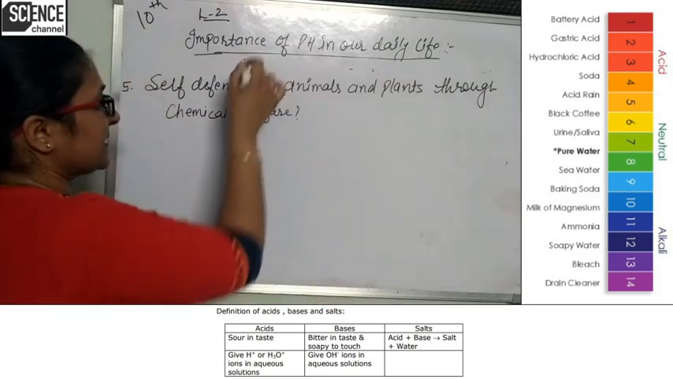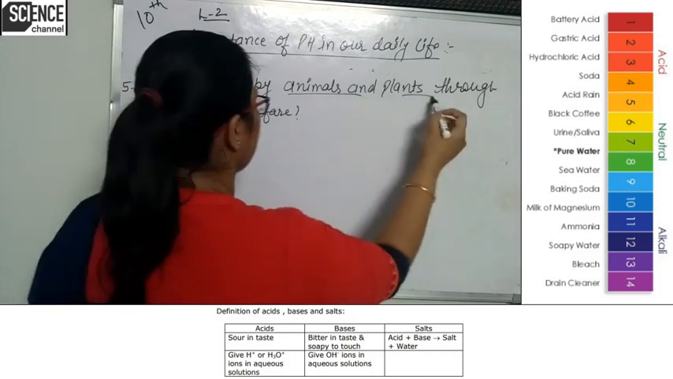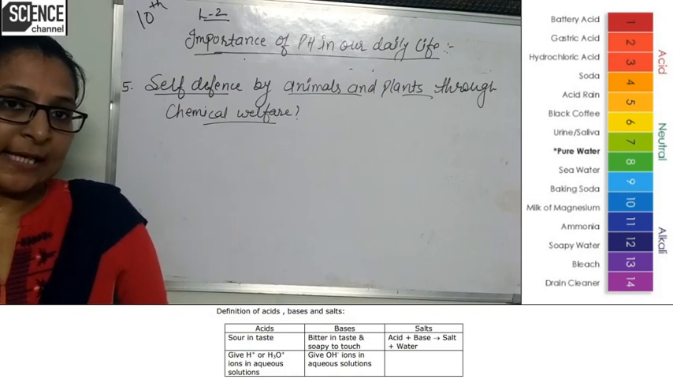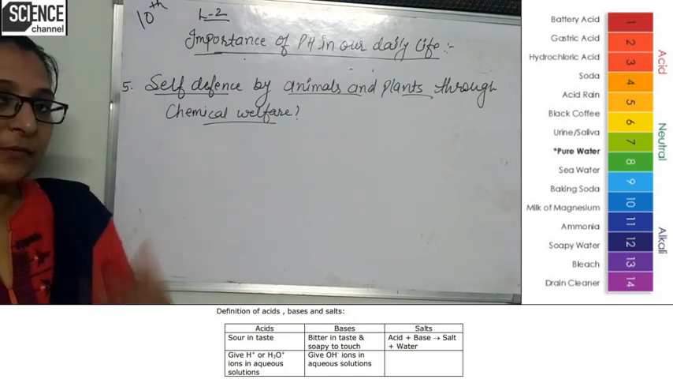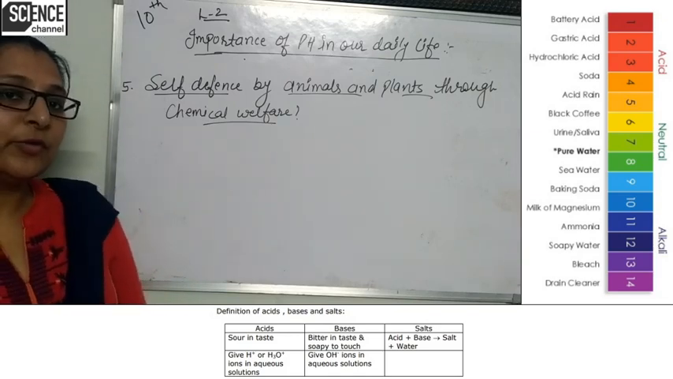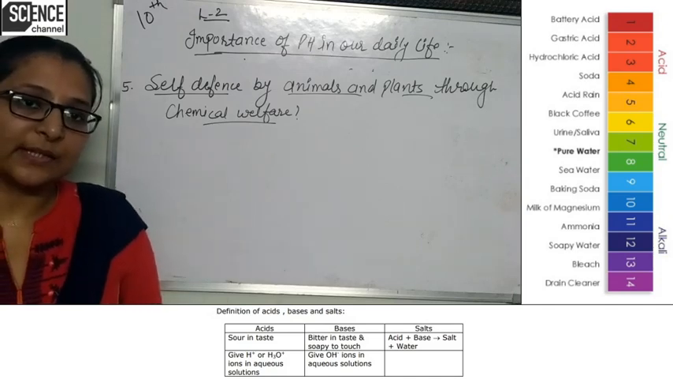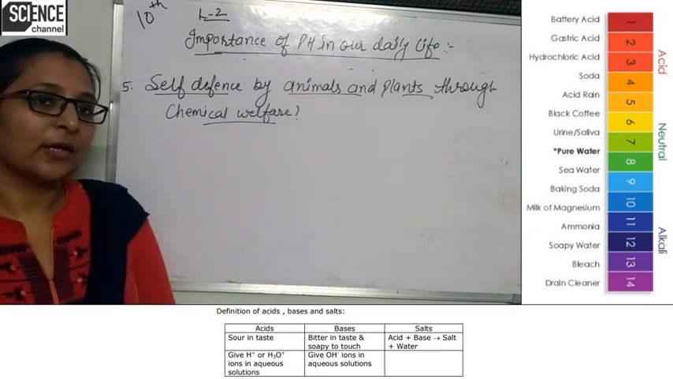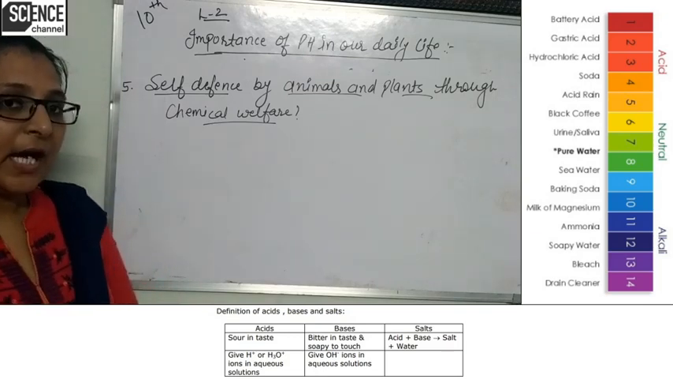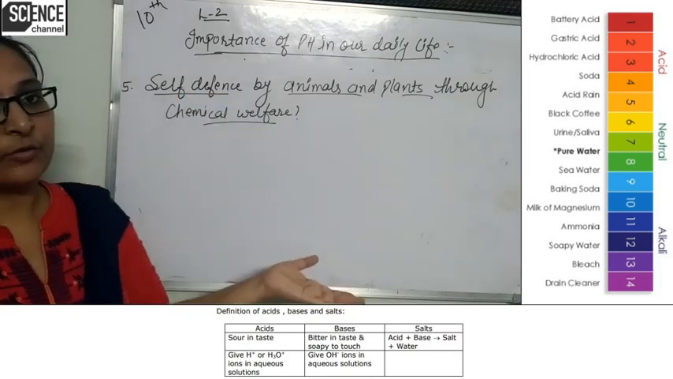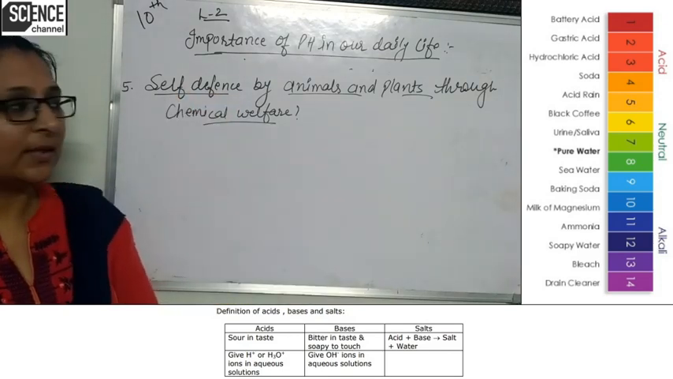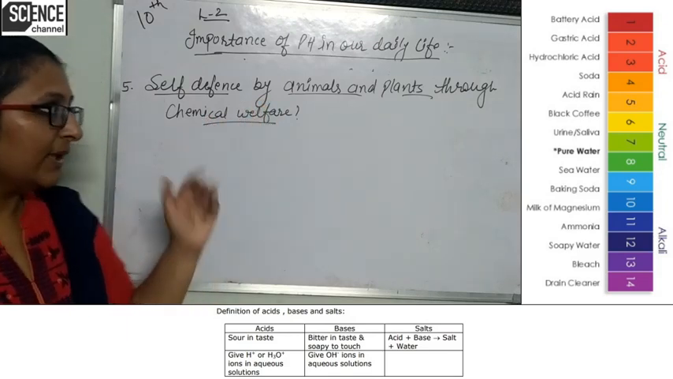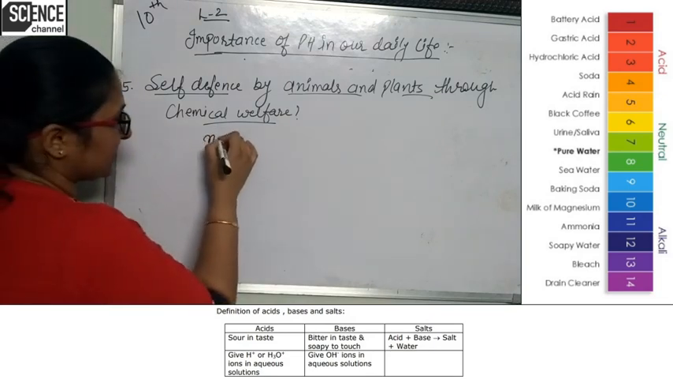Now, the next importance is self-defense by animals, plants, or chemical warfare. If a honeybee stings you, then what will you do? Why do we feel irritation or pain? When a honeybee stings you, why do we feel pain or irritation? How can we defend, how can we protect ourselves from that irritation or pain? Clear? In a nettle leaf